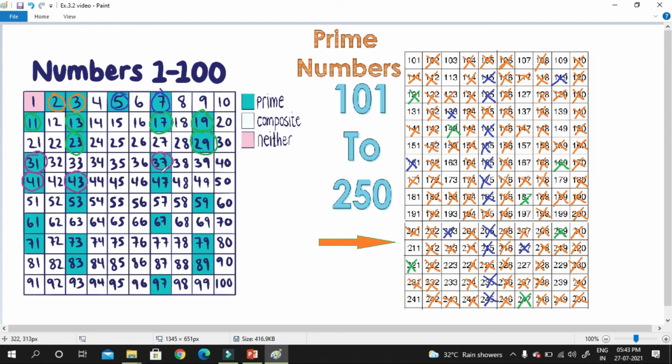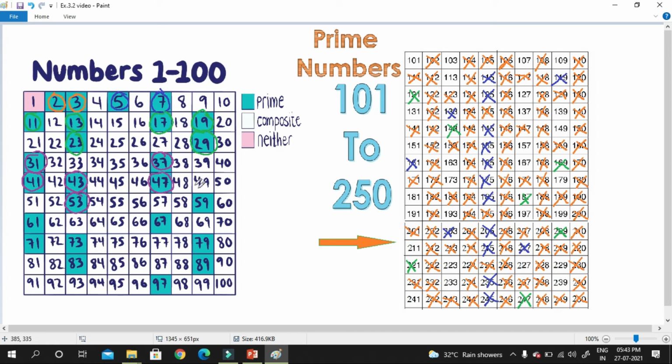Then the next number is 47. Multiples of 47 are 141 already done, 188 already done, 235 already done. Then the next number is 53. So multiples of 53 are 106 done, 159 done, 212 done.